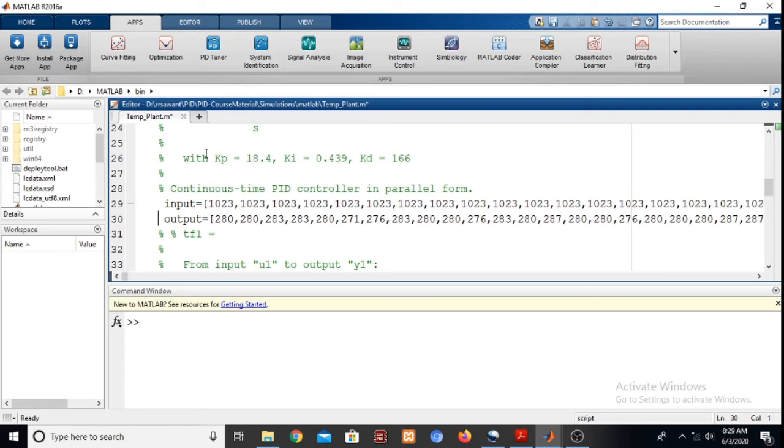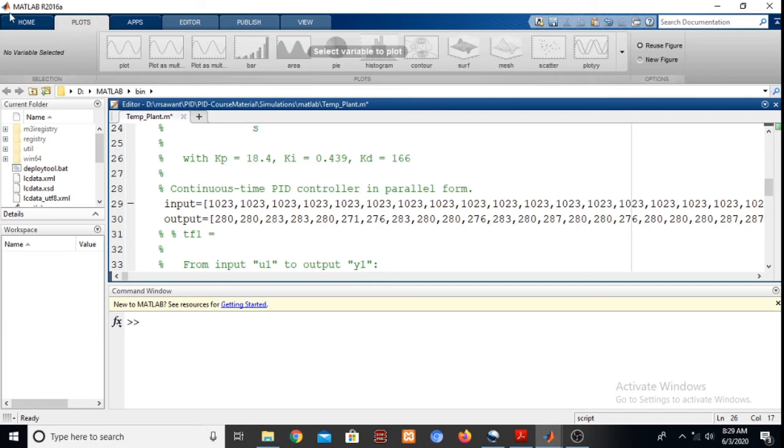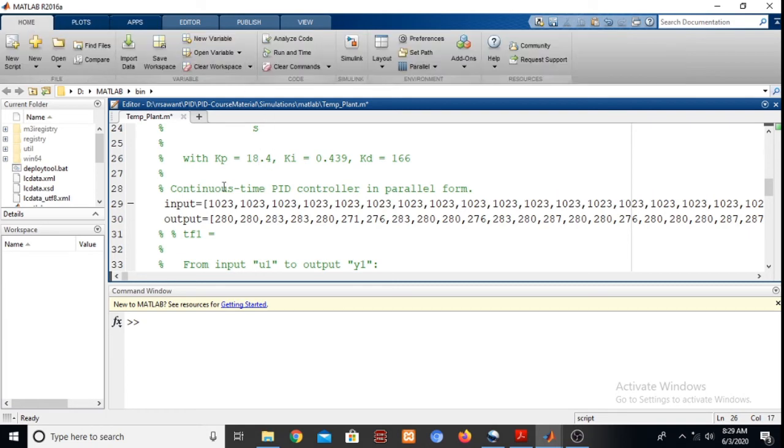We can run this program, and hence it is possible to get the data in the workspace.